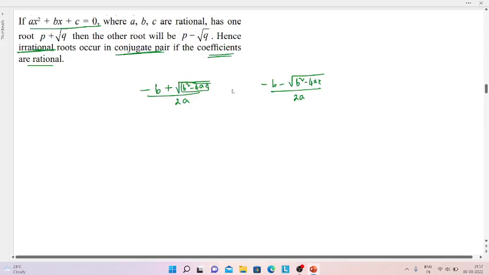You already know that the discriminant, b square minus 4ac, should be positive, and that should not be a perfect square. So if D, which equals b square minus 4ac, is positive and not a perfect square,